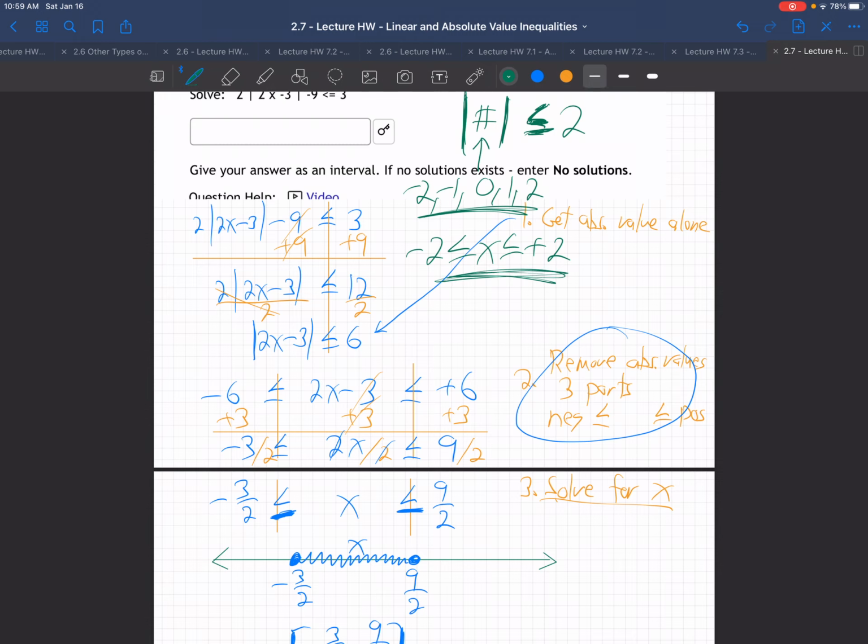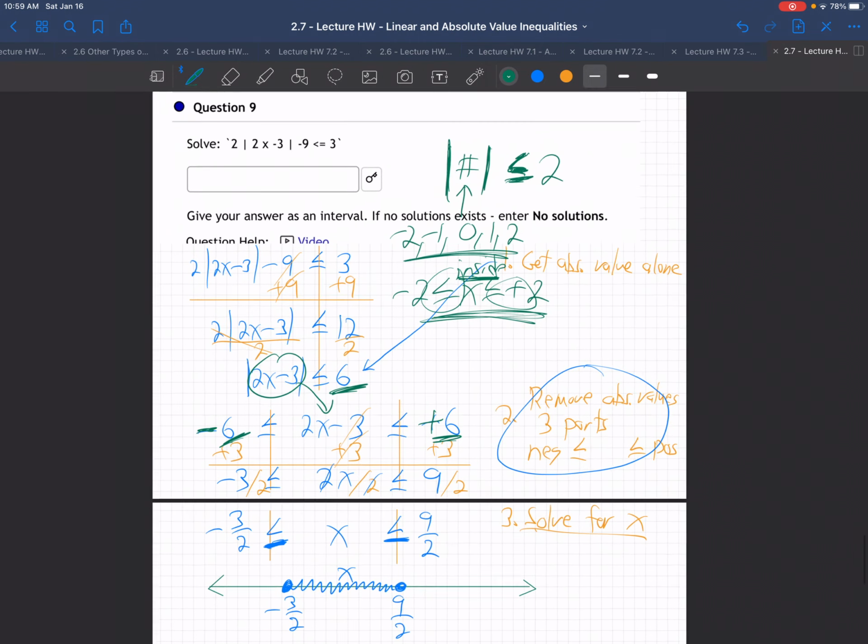Whenever you have the inside, whether it's a simple x or a whole expression, the inside is between the positive and the negative with the 2 symbols, right? That's just what it means logically, doesn't it? The inside number is between -6 and +6. So that's why we do that. Math is just following what's